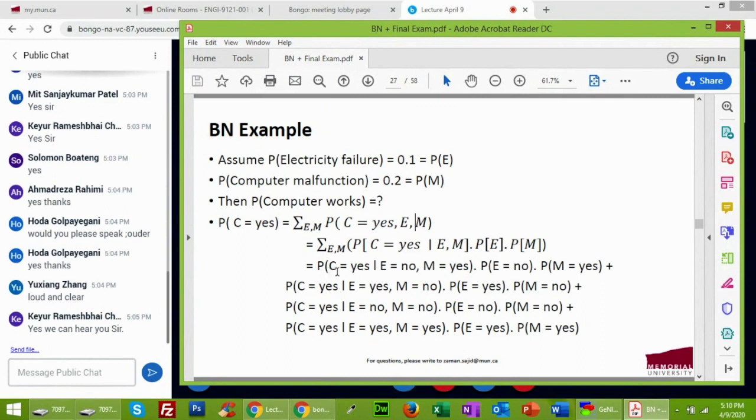We have C is yes, where the computer works, whereas E, which is electricity failure, does not work, whereas the computer malfunctioning works. And then we multiply it with E equal to 0, or not working, and M equal to yes, where there is a malfunction with the computer. Depending upon all these possibilities, we set up this model for the Bayesian network analysis.